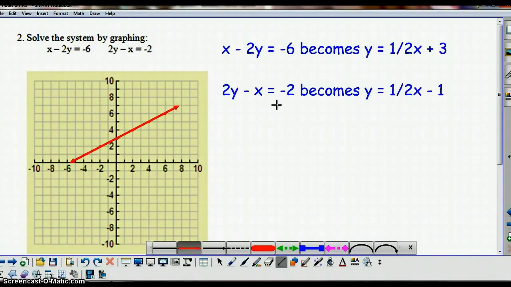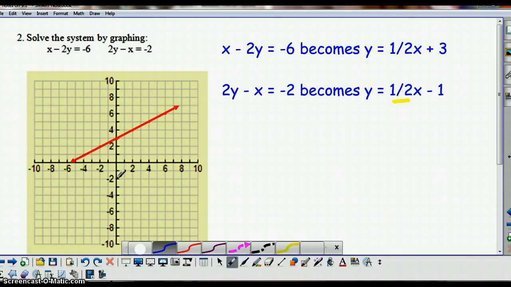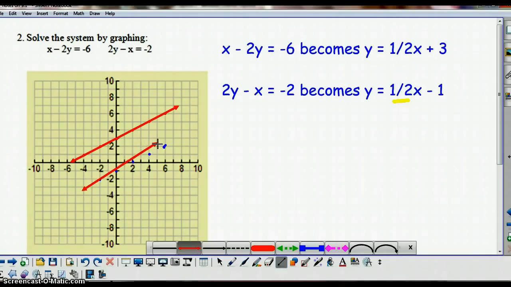And you may have noticed that our other line here also has a slope of 1/2. So let's see what happens when we graph that one. Its y-intercept is -1 and its slope is 1/2. So we're going to go up 1, right 2, up 1, right 2, up 1, right 2. And once again, I can also go left 2, down 1. So when we graph this line and connect the points,